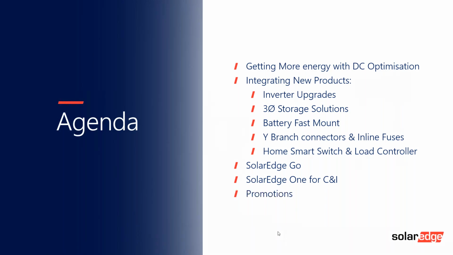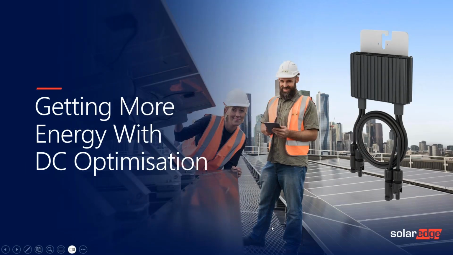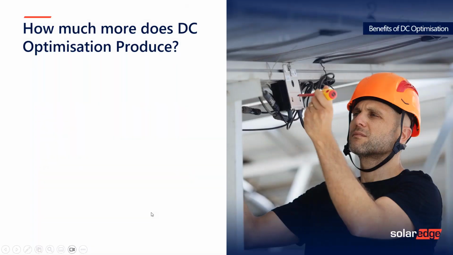Okay. So why optimize systems in the first place? What does it do? One of the things we've been asked a lot as a business is, we talk a lot about optimizing the system to get more energy and dealing with issues, whether it's through the mismatch that arises from soiling, different orientations, or what have you. And we've been asked many, many times to put a figure to how much more you actually get. One of the recent studies that we've done in the last year is we've taken 500 Australian systems that had SolarEdge on there,